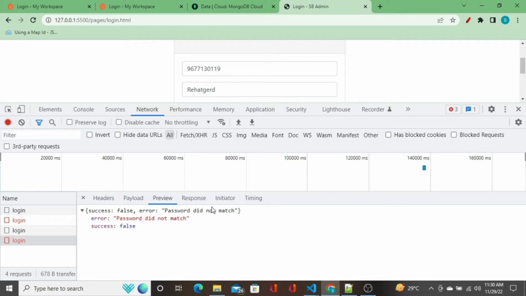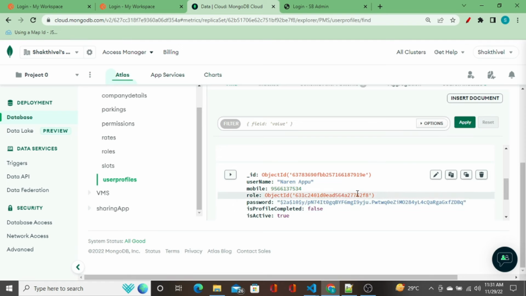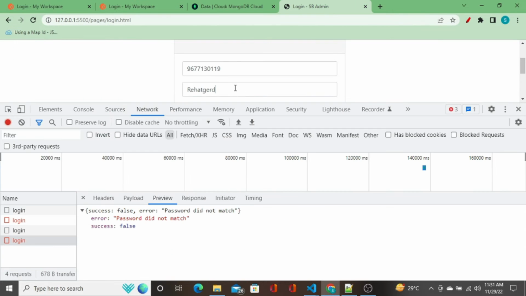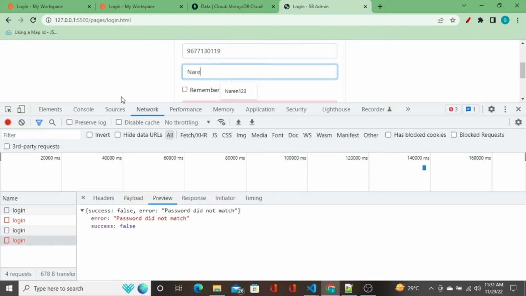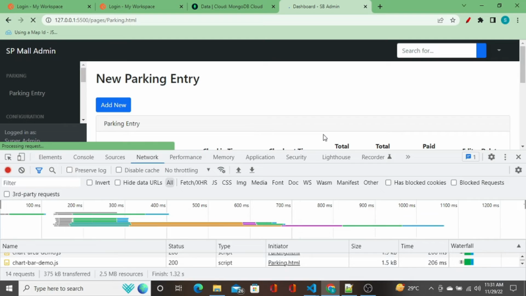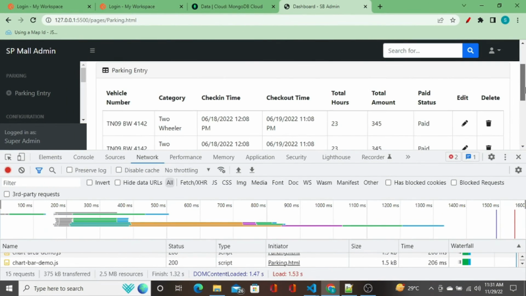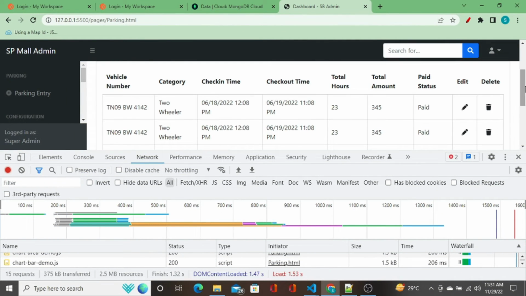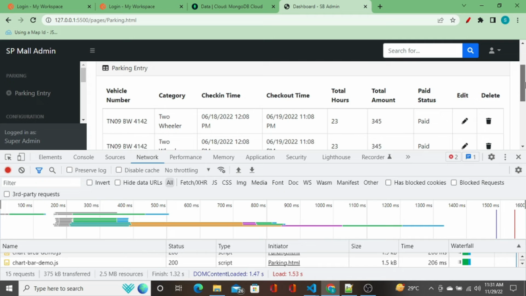The password is being hashed and stored in the database already. So I know the right password. I'm going to enter it now. Let us see how it works, right? When I click on login now, the user is authenticated and redirected to this